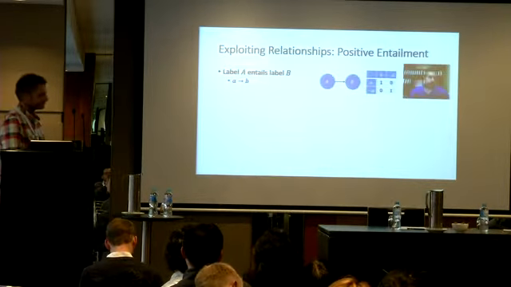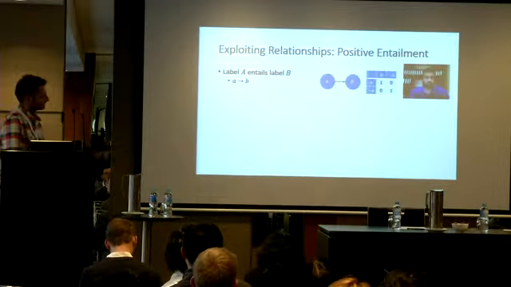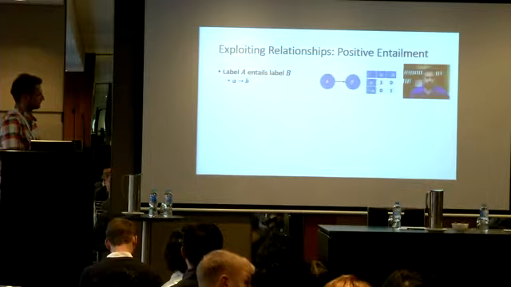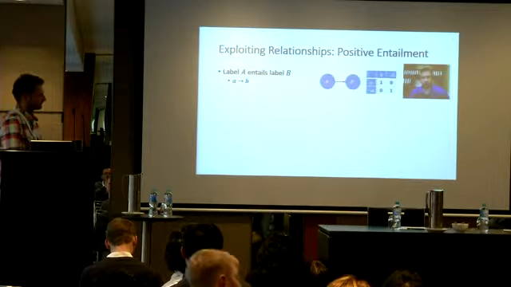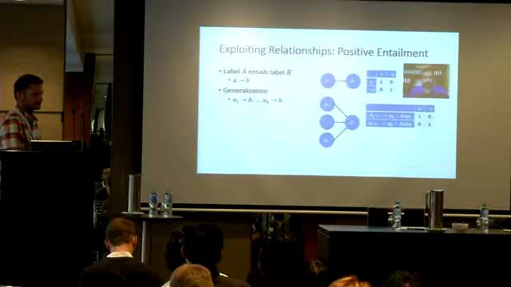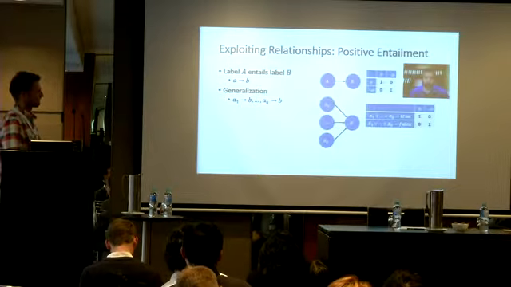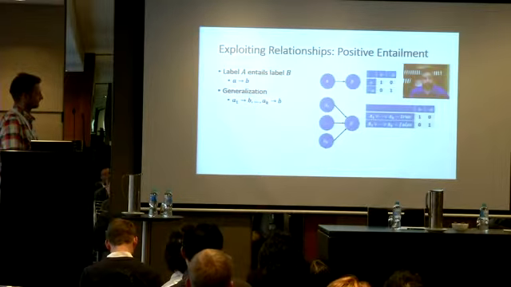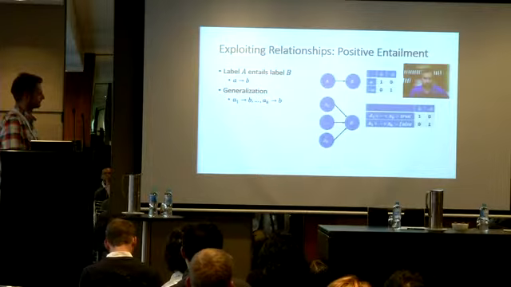We employ deterministic Bayesian networks for the exploitation of the relationships. So A entails B corresponds to a deterministic network where A is parent of B. The probability of B being true is equal to 1 when A is true and equal to 0 when A is false. When several labels entail B, we can generalize, and all of these labels become parents of B, while the probability of B being true is equal to 1 when at least one of its parents is true and equal to 0 otherwise.